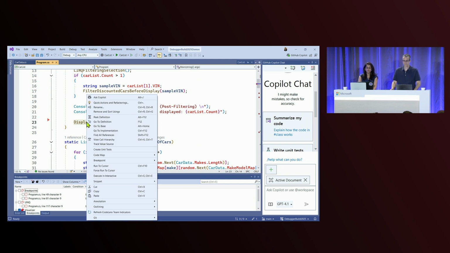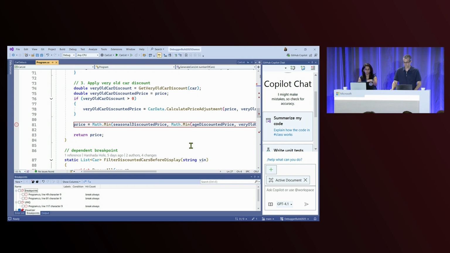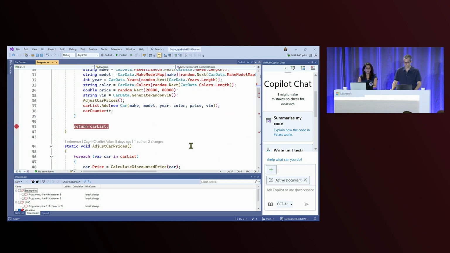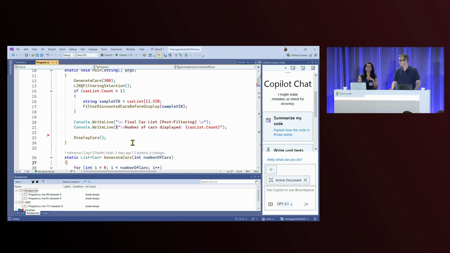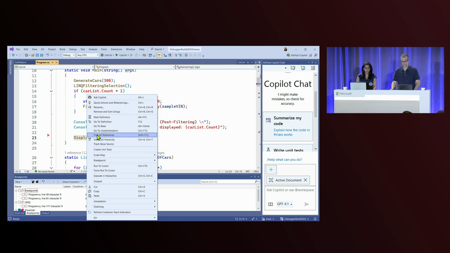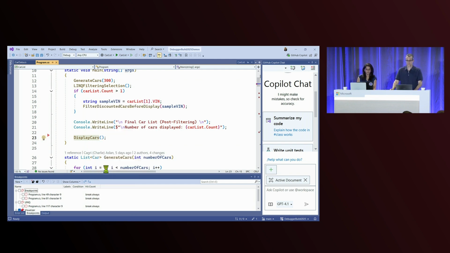What force run to cursor will do is skip all the execution below. It will skip any of the breakpoints. You can see I have a couple of breakpoints here. And it will also skip any first chance exceptions if I get them. So this is a very handy tool if you want to fast forward your debugging. You just want to verify something without stopping at each and every breakpoint, and even without removing your breakpoints. So just right-click and do force run to cursor. It may take a second to build.